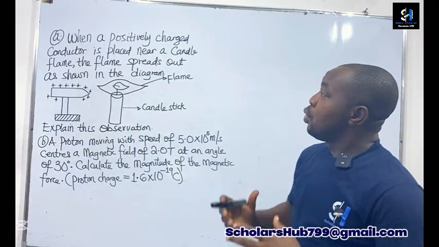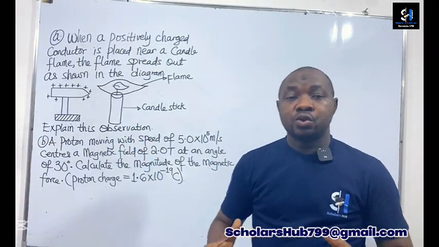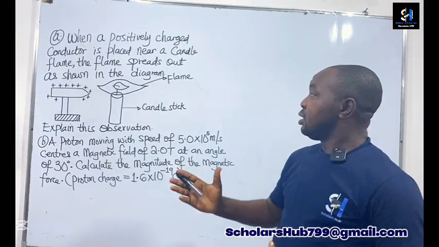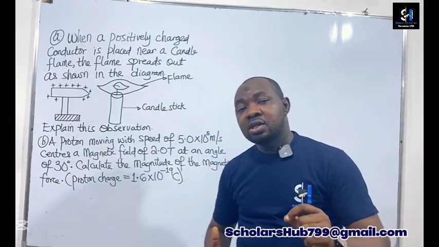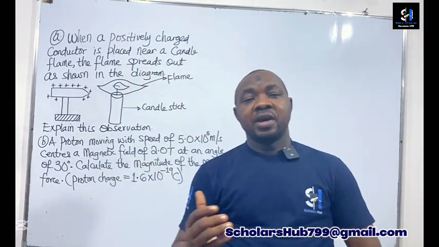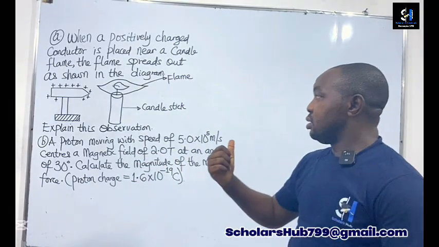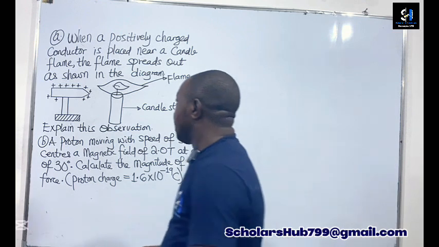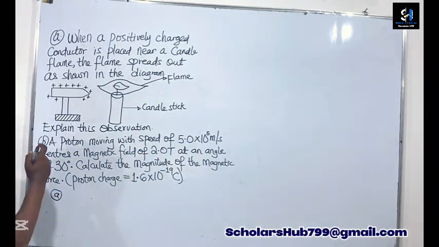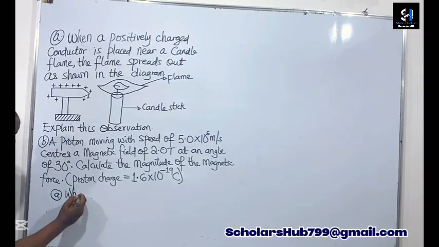So which means that when a positively charged conductor is placed near a candle flame, the flame spreads out because the conductor will produce an electric field that will affect the charged particles in the flame. And that explains question A. All right, so now the answer to the question will be that